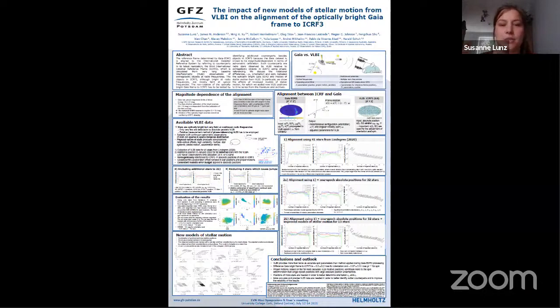As a solution, it was introduced by Lindegren in 2019 to use models of stellar motion and single epoch positions of radio stars from VLBI for this investigation. And because the stars are usually faint at radio frequencies, they need to be observed in the phase referencing mode. But the analysis lacks suitable VLBI continuum data of radio stars, which is sparse in sky distribution and in the